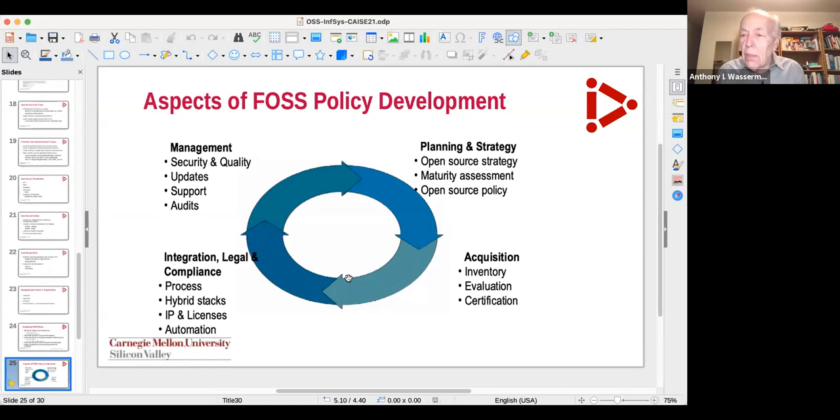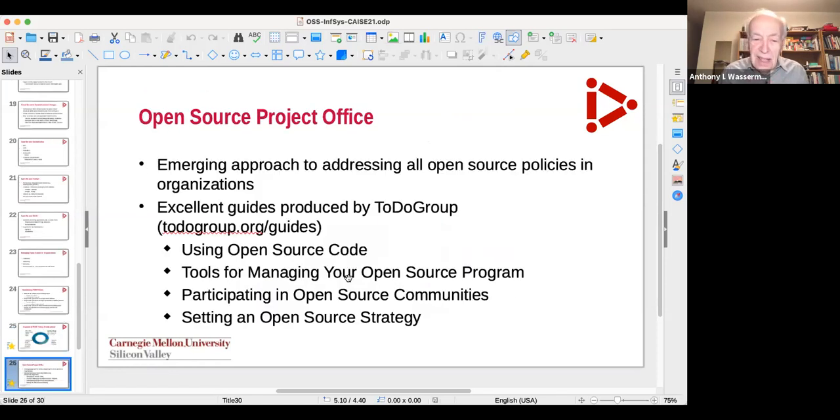But there are a whole bunch of issues, and what companies are doing, and what I get asked to help with sometimes, is setting up open source project offices. So this is a group that's typically at a senior level in the company. Maybe it reports to the legal framework. Maybe it reports to one of the senior executives. But it's a way to address all of the open source policies in an organization. Now, if you want to learn more about